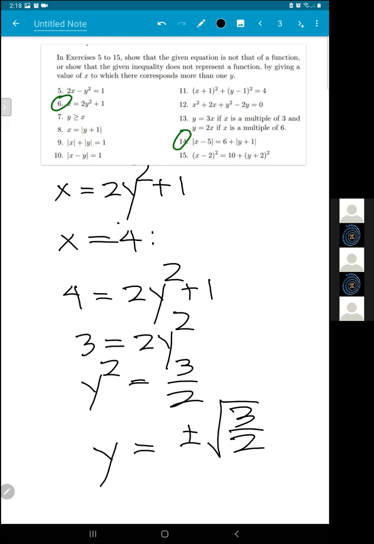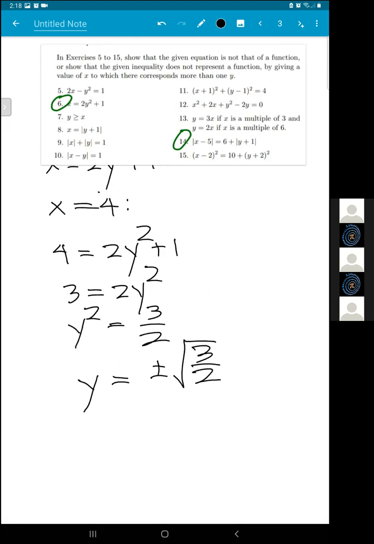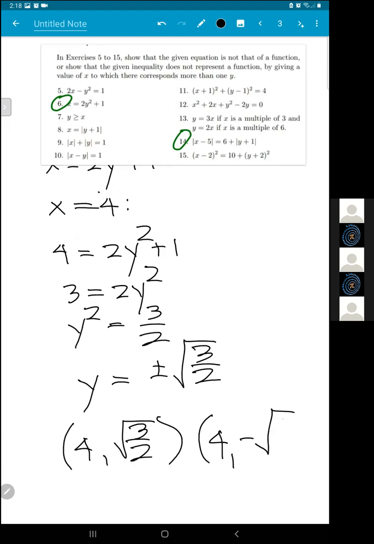What does this mean? When x is 4, y can be either positive square root of 3 over 2 or negative square root of 3 over 2. So it's not a function, meaning the points 4, square root of 3/2, and 4, negative square root of 3/2